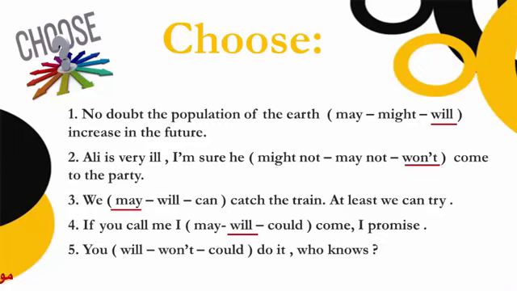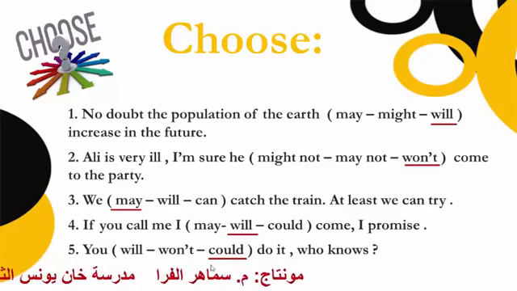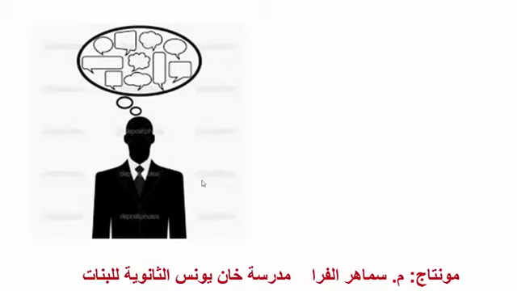And you have here, I think, the last statement in the activity. You will, may, or could do it. Who knows? Who knows? It is a key word for possibility or certainty. Good, for possibility. And so here the answer is you could do it. That's for the possibility and certainty, and I hope that you understand this lesson. Let's come to discuss another thing.